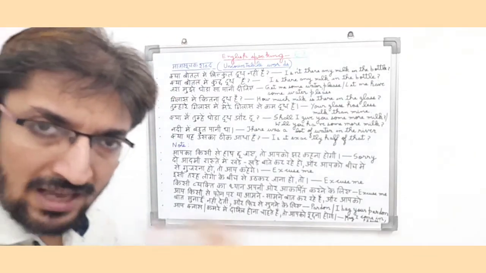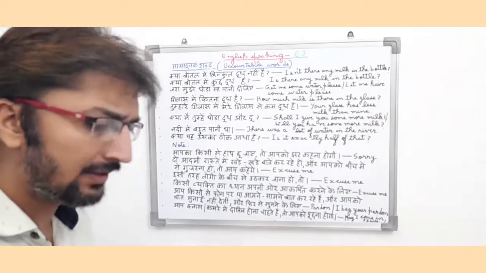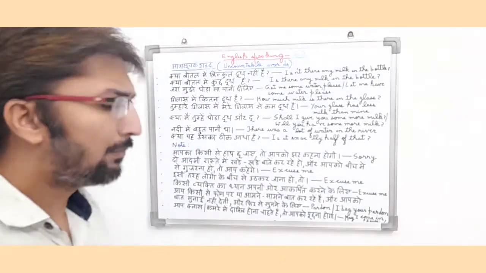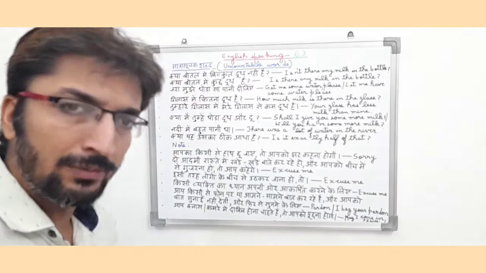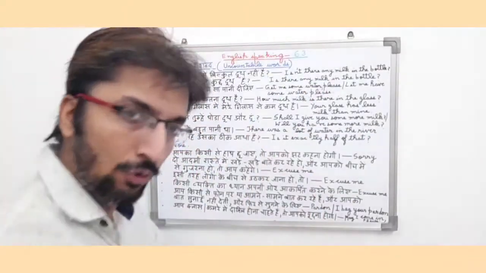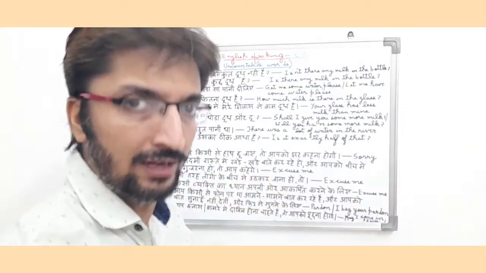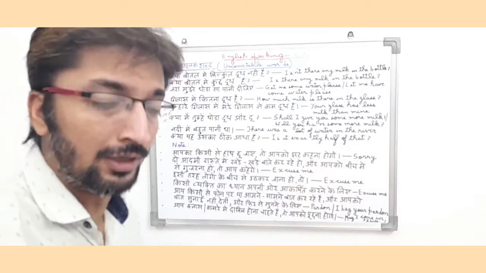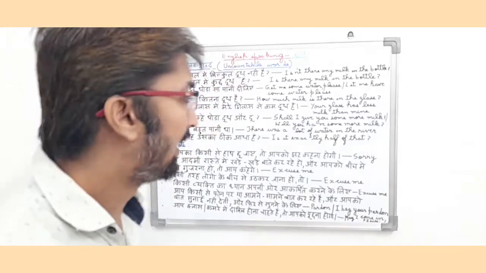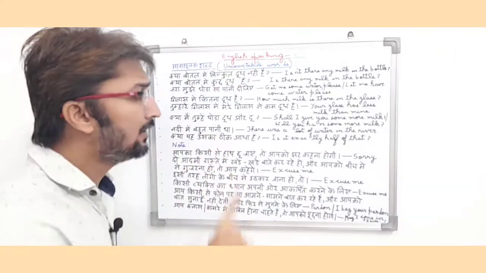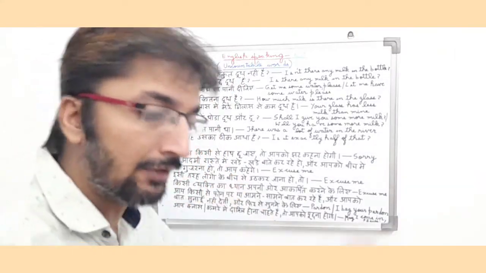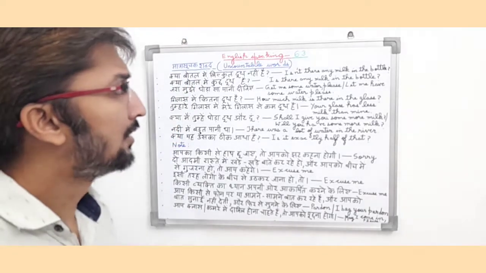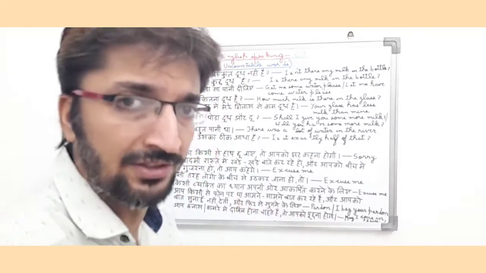So it is a past tense, because in this sentence there is no fixed amount of water in the river. They are basically saying नदी में बहुत पानी था. तो पानी, water may be very high level, very low level, or it may not have any level also. So in English it means there was a lot of water in the river. So friends, basically it is a past tense, and here you can see नदी में बहुत पानी था means there was a lot of water in the river. So there is no fixed amount of water in the river. So it is also an uncountable word sentence and it is a past tense.